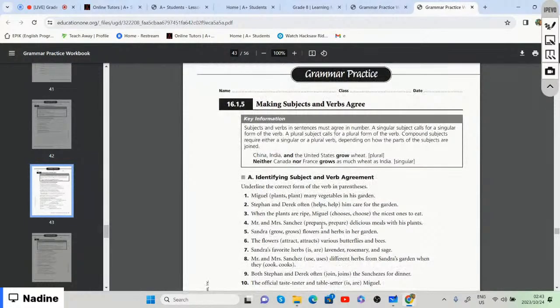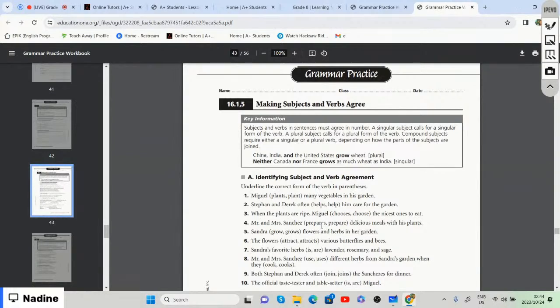All right, so we said making subjects and verbs agree, right? We say that subjects and verbs in sentences must agree in number. A singular subject calls for a singular form of verb, and a plural subject calls for a plural form of verb. And compound subjects require either a singular or plural verb depending on how the parts of the subject are joined. For example,